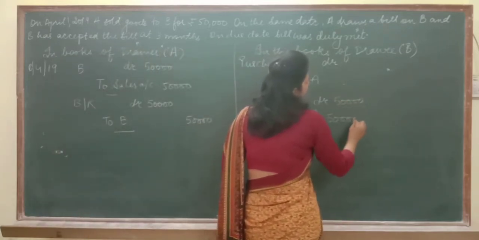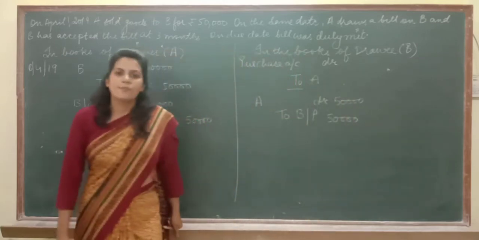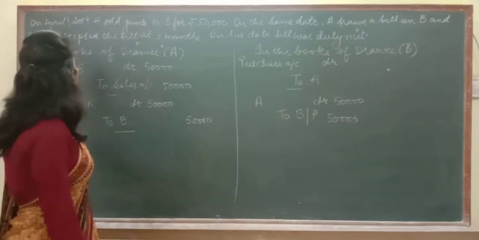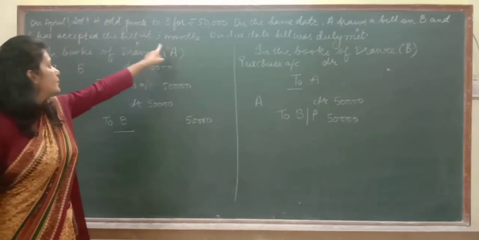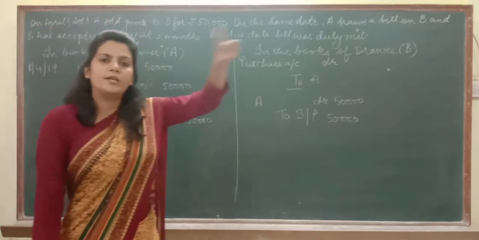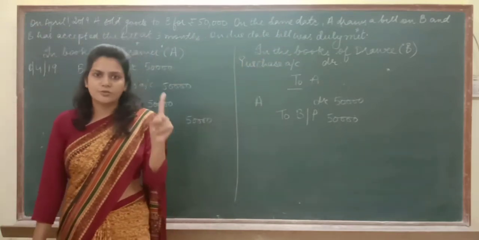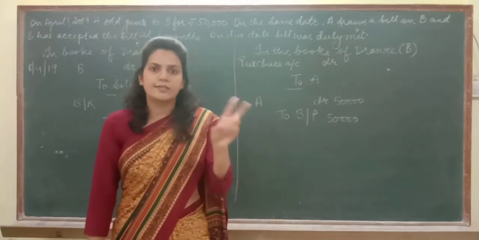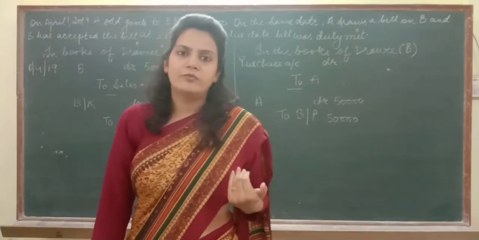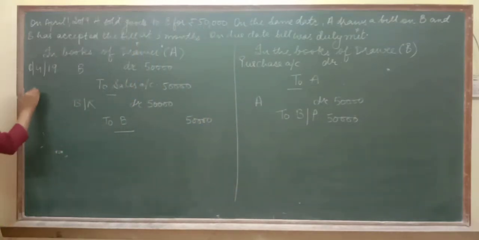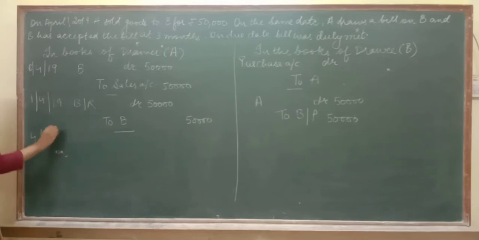Now on the due date the bill is met. So first of all we should know how to calculate the due date. As I told you, the goods have been sold on 1st April for 3 months. Means April to May, May to June, June to July: 1st July, and then 3 days of grace to be added. So leaving 1st July, 2nd July and 3rd July, the due date would be 4th of July. Here the bill was written on the same day only, 1st April 2019. Now on 4th of July,